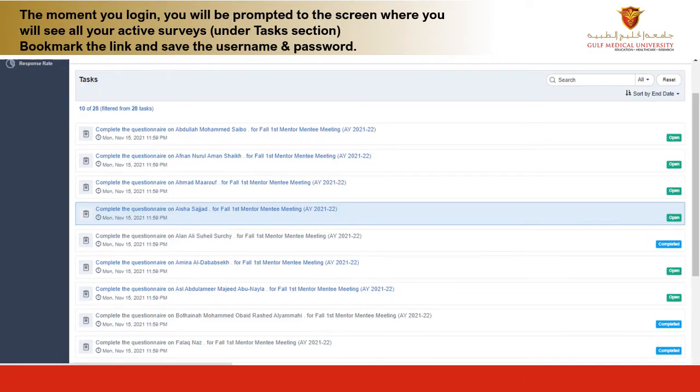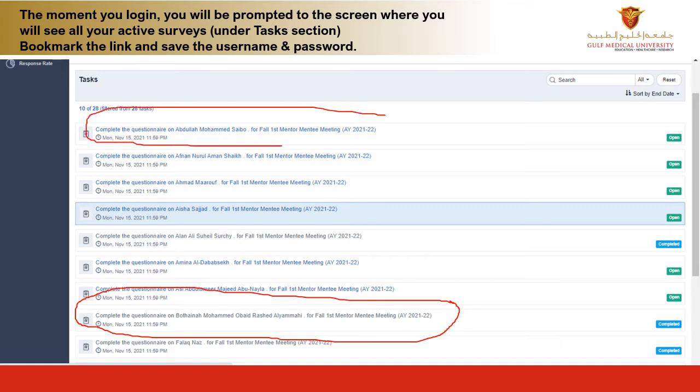To take you into more details, for example, this is the task. A student may be taking 10 subjects or 7 to 8 courses in a semester, so they will appear like this. When you click on this particular survey, you will complete the survey, and when you submit the survey, it will turn gray. Gray is an indication that you have completed the survey, blue is an indication that you have not submitted the survey and it is still active. You see here open and completed. This will help you identify and track how many you have completed and how many you are yet to complete.